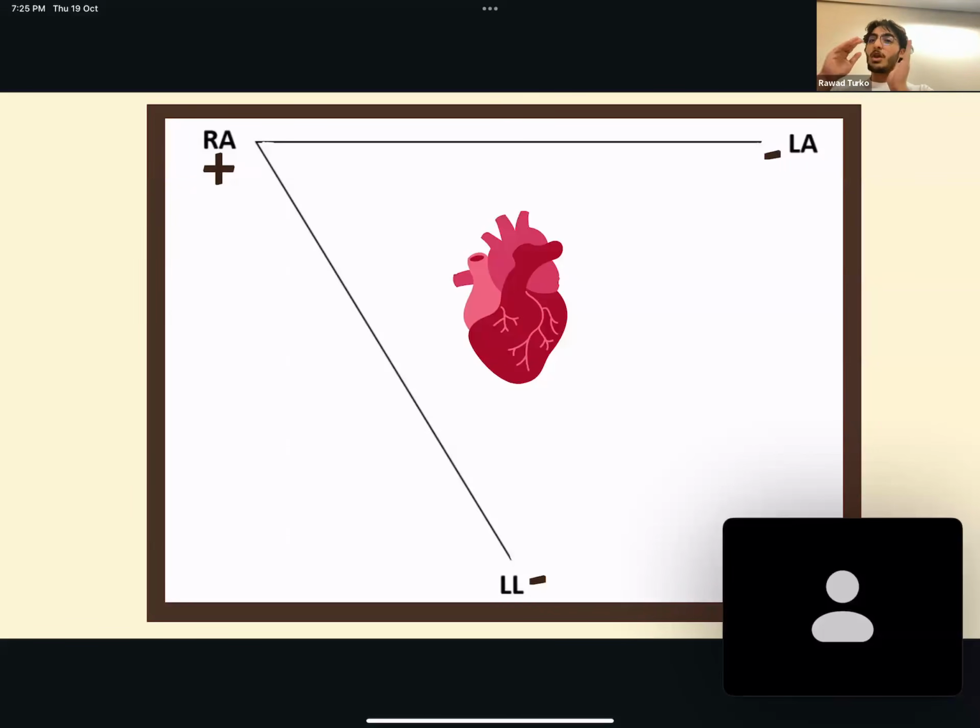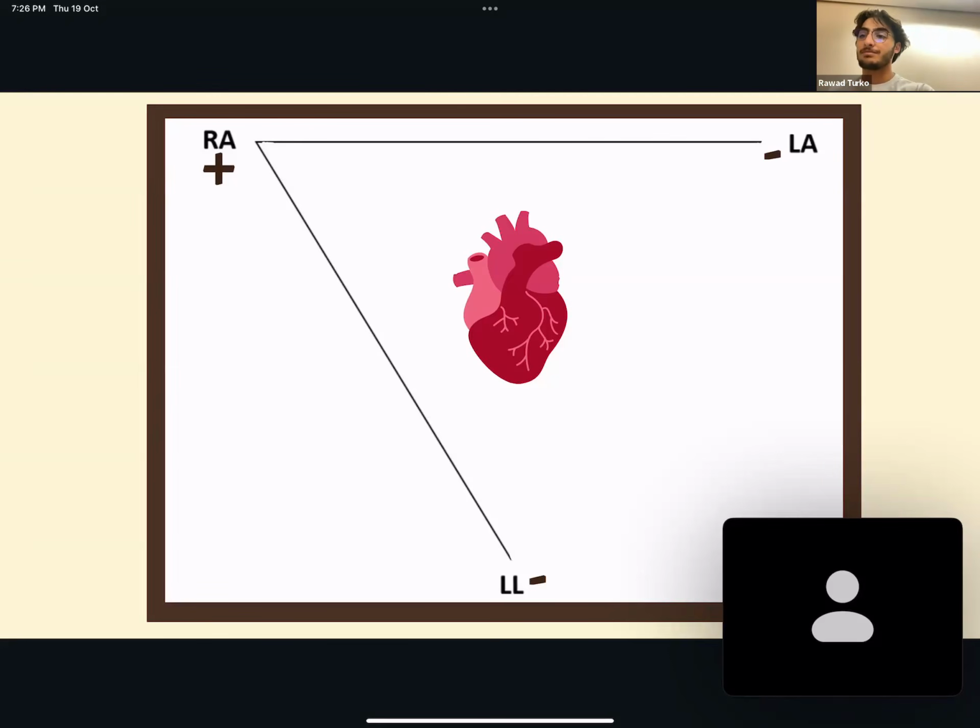So what we're going to do is take both of these negative electrodes and find the resultant negative electrode, or the net vector. Again, we always use the positive electrode as our angle of the heart. So if we're looking from the right arm, which as you see here is the positive electrode in this case, and we're looking down in the net direction of the negative electrode,